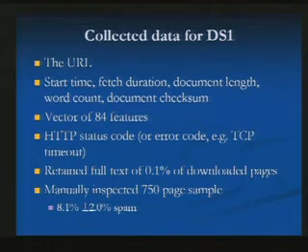For the DS1 crawl, we retained the following information: the URL, the start time of the download, the fetch duration, the length of the document in bytes, the number of non-markup words contained in the document, and an entire document checksum, as well as a vector of 84 features which identified the text of the document, any HTTP status code or error condition that existed, and we retained the full text of 0.1% of these pages that we downloaded for future analysis. It came in handy when we wanted to determine how much spam was in this collection, because we took a random sample of 750 of these pages and determined